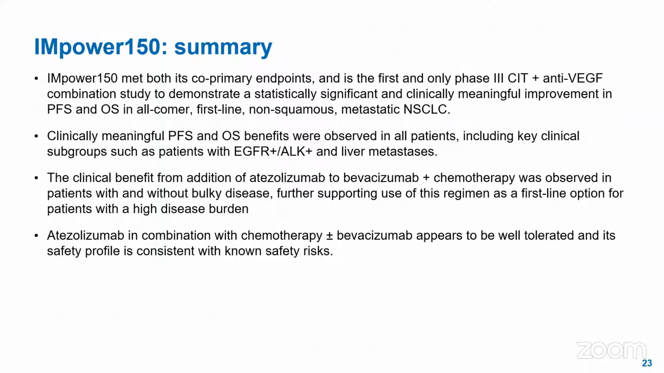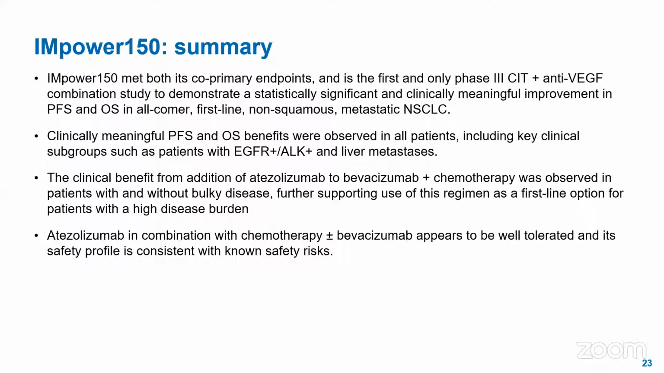So to summarize the IMpower150 trial, it met both its co-primary endpoints, and it was the first and only phase 3 trial where chemo plus immunotherapy plus anti-VEGF therapy, that is the ABCP arm, demonstrated a statistically significant and clinically meaningful improvement in PFS and OS in all-comers with first-line non-squamous metastatic non-small cell lung cancer. So it gives us a provision of using this combination where the PD-L1 status is unknown, or where the patient has progressed after